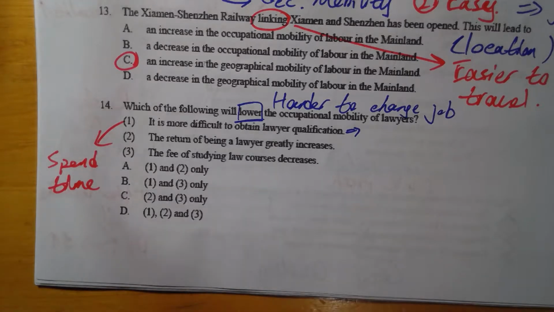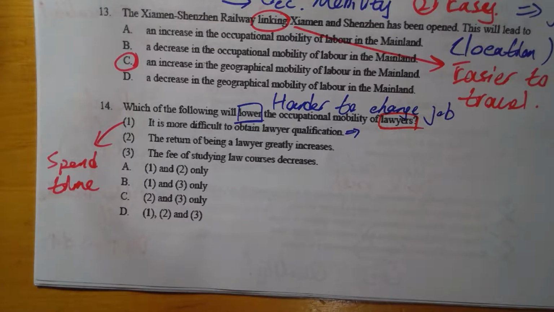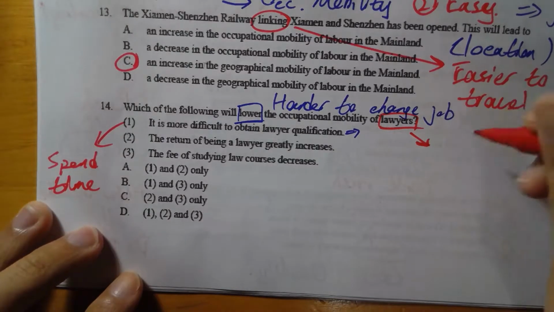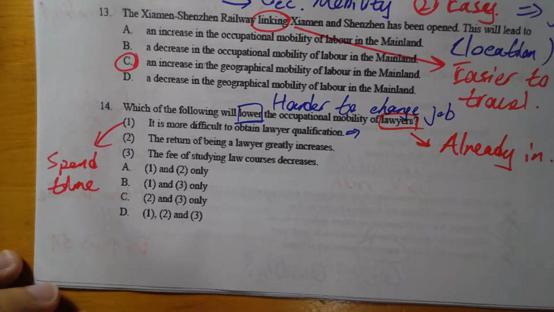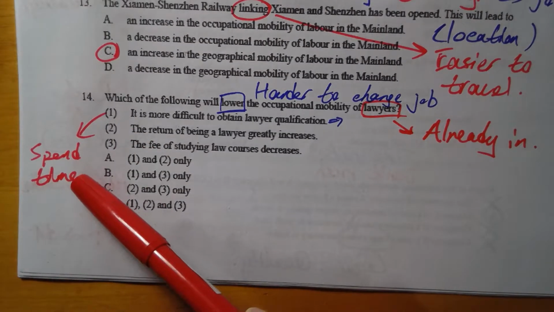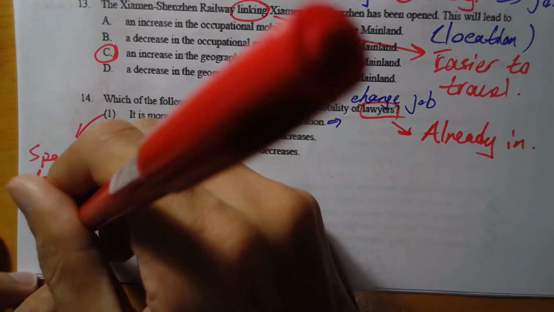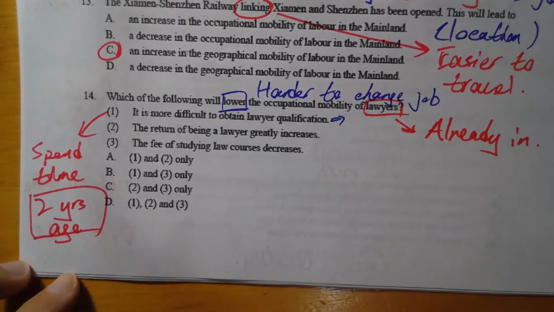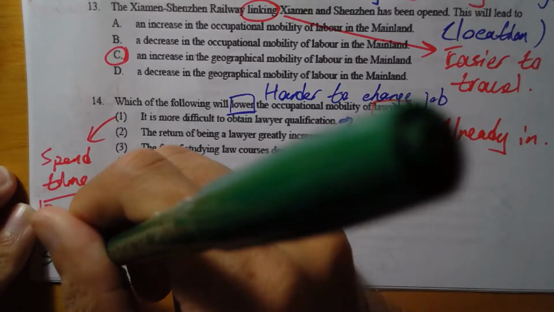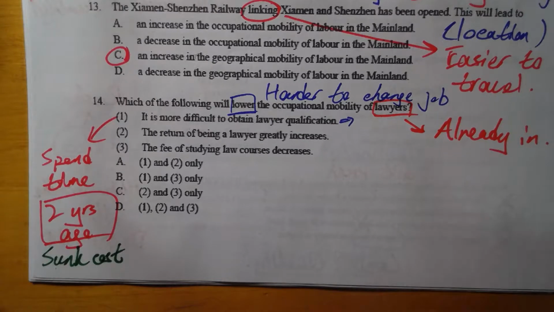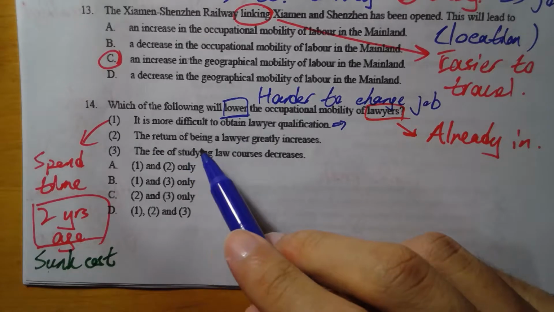But the problem is, the lawyer is already in the job. So the time they spent 2 years ago, what do we call it? That time spent is a sunk cost, it has nothing to do with it! So I think the better way to put it, they are talking about when the return